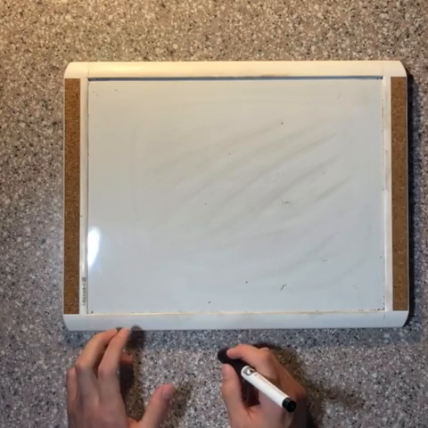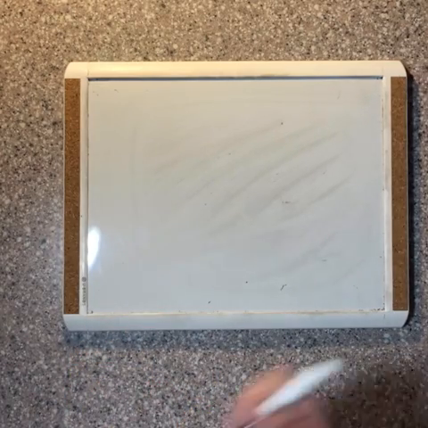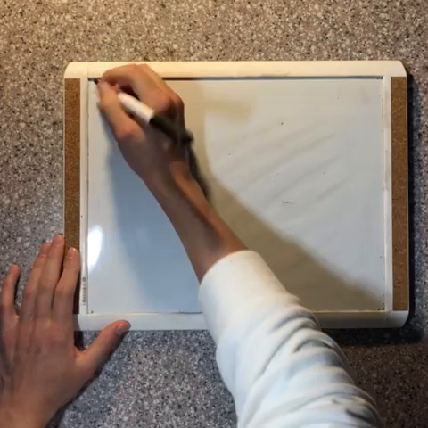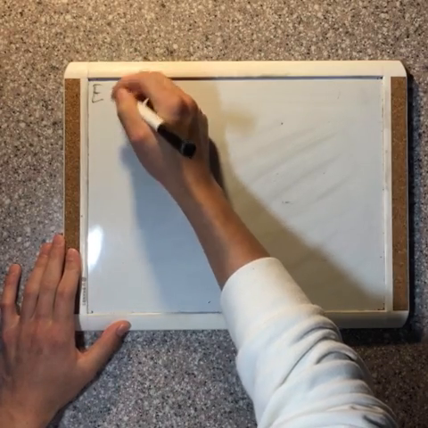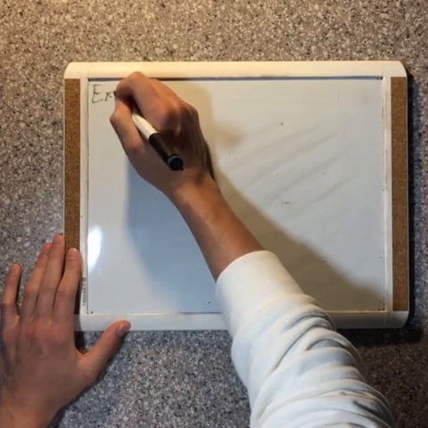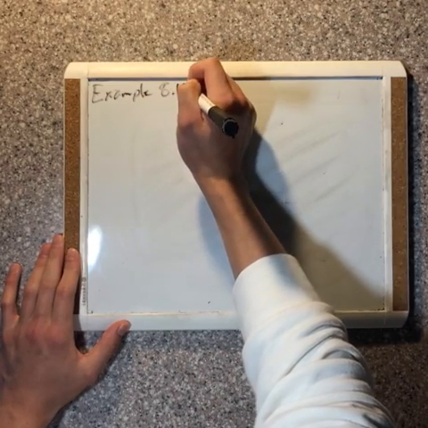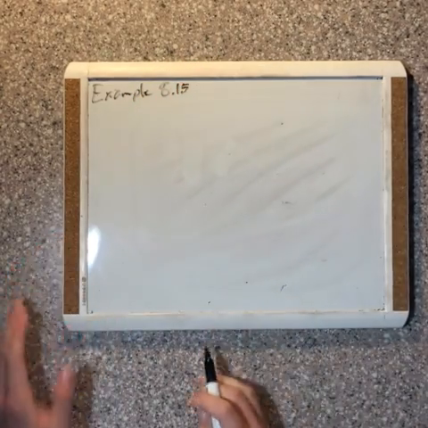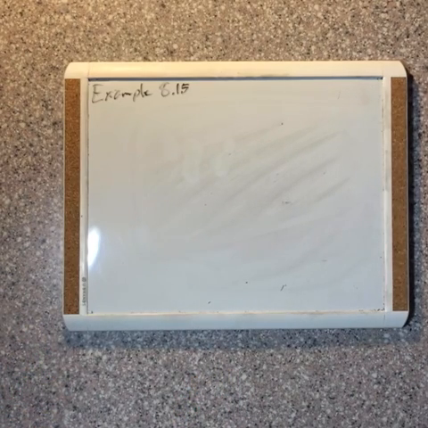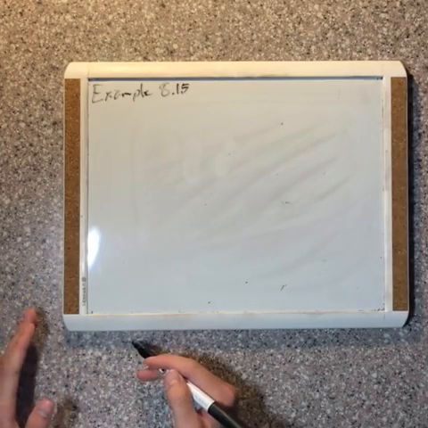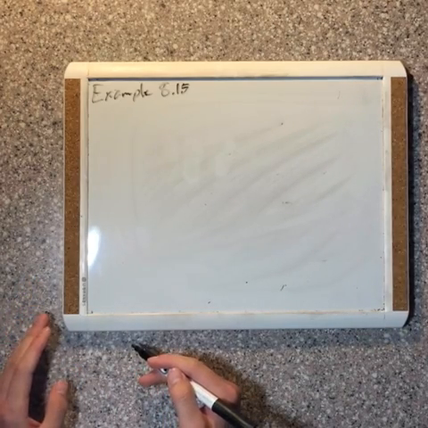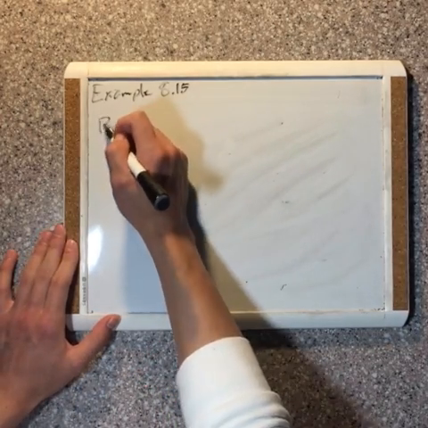This is the last problem we're going to learn how to do today. Really quickly, it is example 8.15. What it's having you do is calculate the partial pressure of a gas when you only know the total pressure. So in example 8.15, we are given the total pressure as